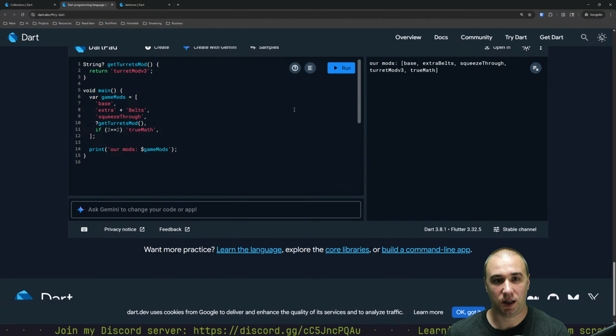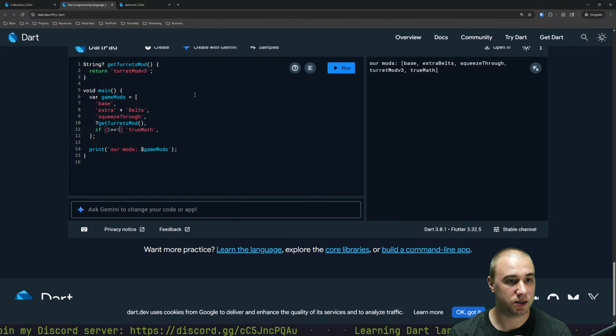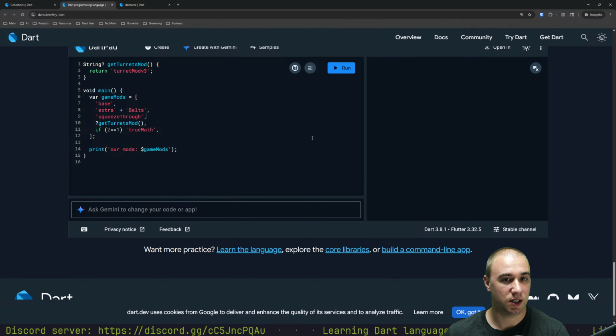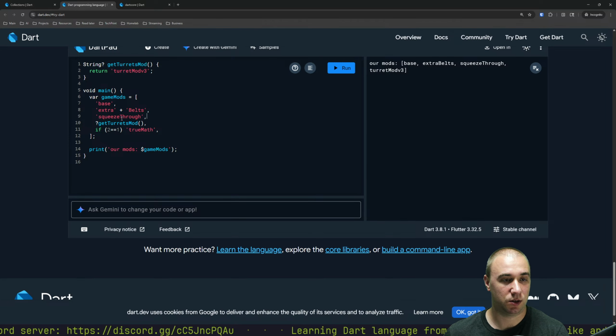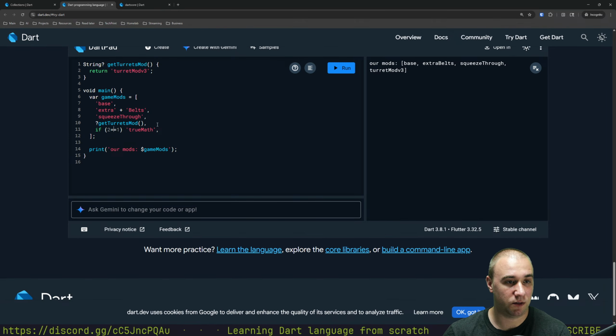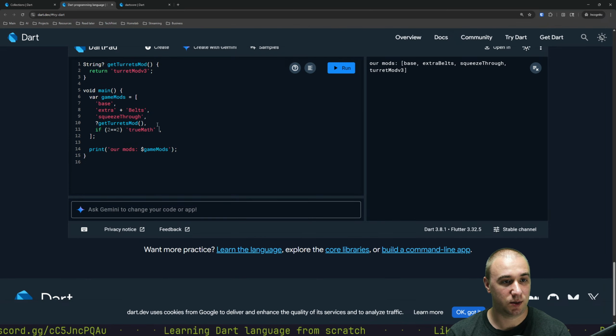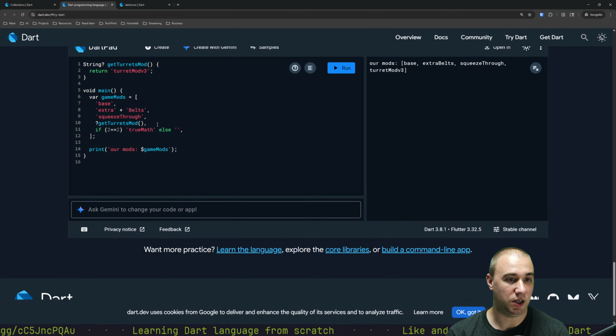I'm going to run it and yep, it includes the true math. But if we were saying something different, it just doesn't include it. So this would be good if 2 is equal to 2, we insert the true math mod, else it will be the bad math mod. Okay,